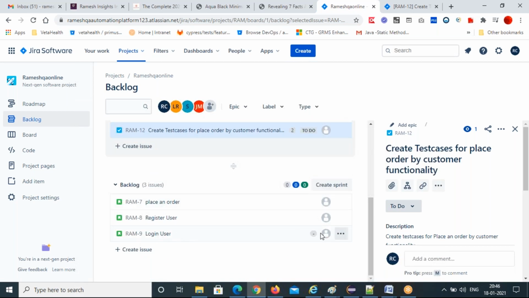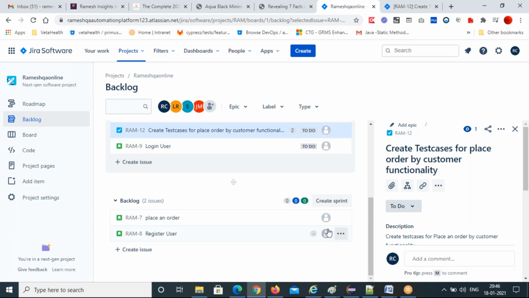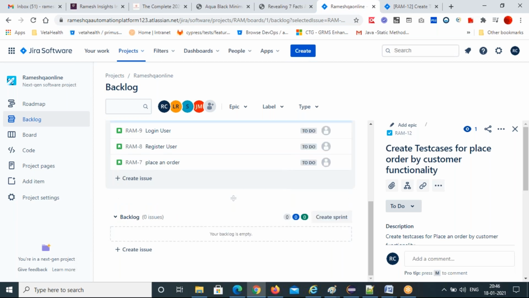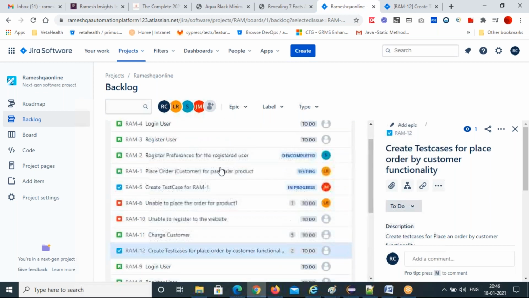Login user is already there in this. Register user also, and place an order also from the sprint. So now all is coming here.